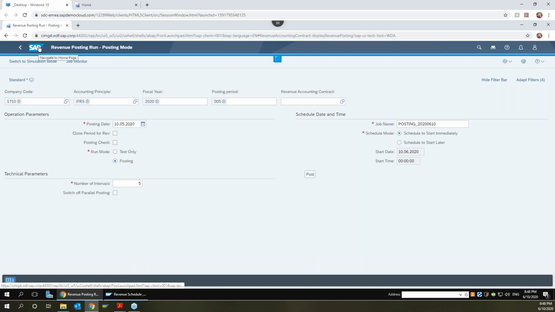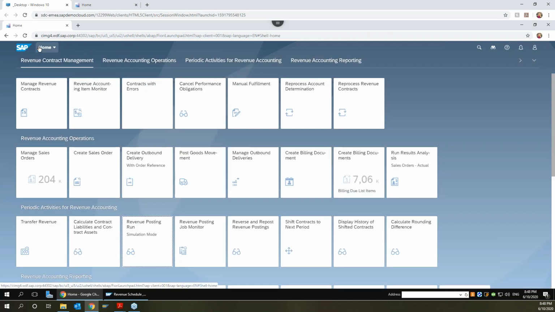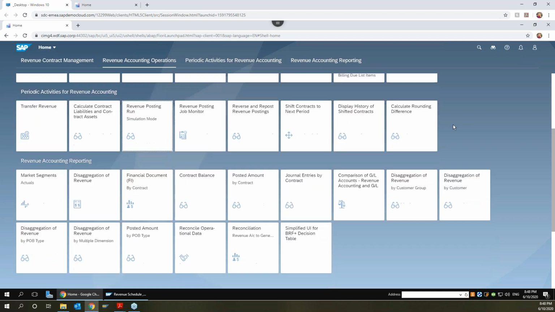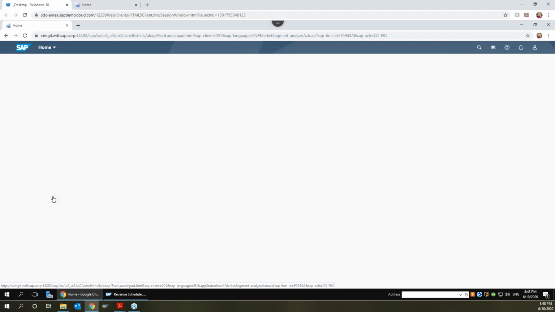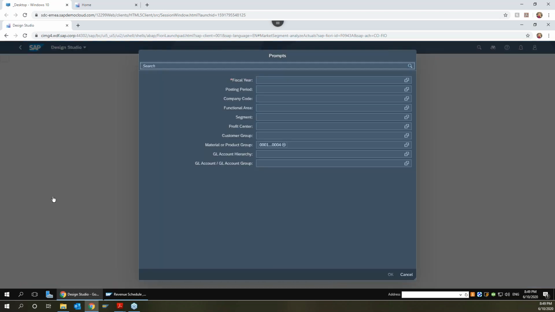What I do want to do is showcase some of the reporting capabilities. So you can go through the flow of starting at a contract, delivering and posting revenue, but really some of the newer capabilities from our ECC customers into S4 is the embedded analytics. So I want to showcase how you can view not only your